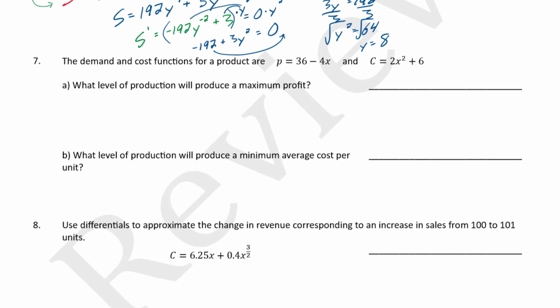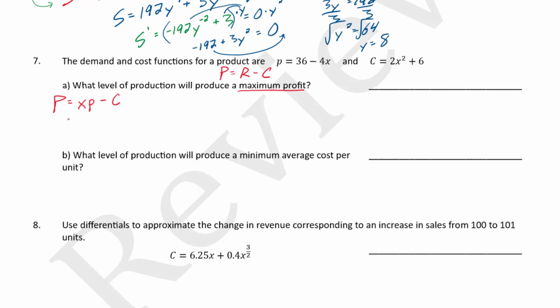All right, moving on to number 7. Number 7, part A, wants us to figure out what would maximize profit. Well, I don't have a profit expression, so I would need to build it. So remember, profit is equal to our revenue minus our cost. And our revenue in this case would be the demand function lowercase p times x. So really for this, it's going to be my profit is equal to the x times the lowercase p